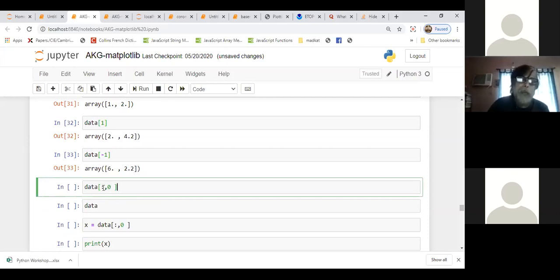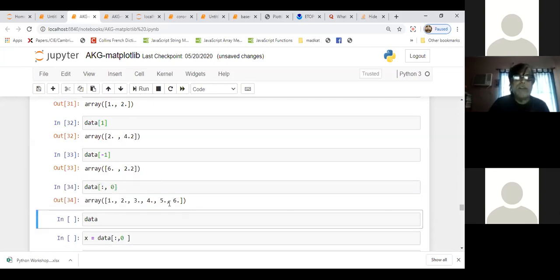If you write colon, that is the technique of slicing. So if you write colon comma 0, that means you want to include all the rows but only the 0th column, and it will show you this.